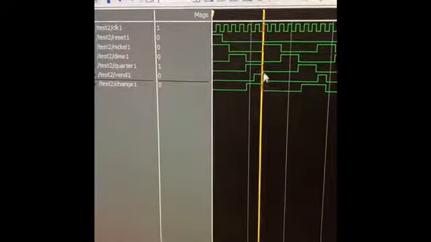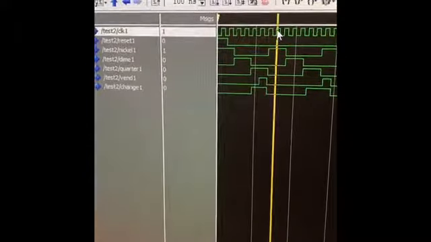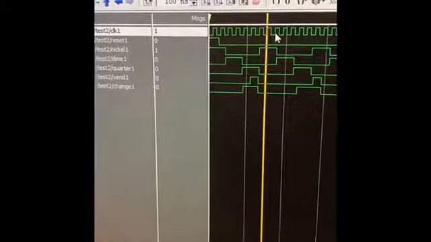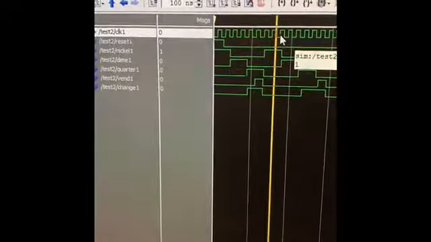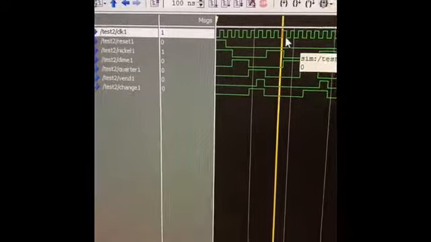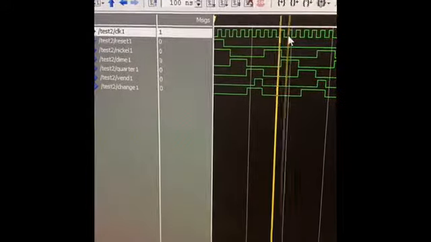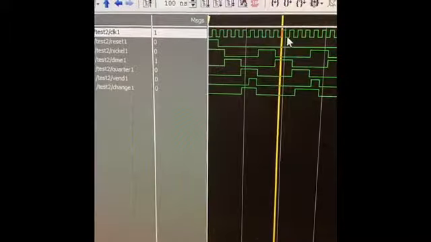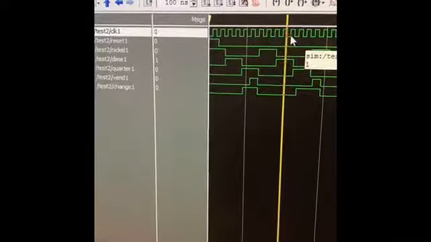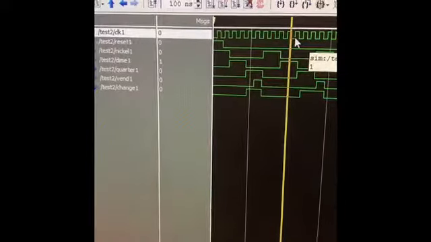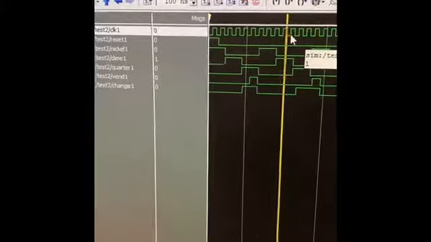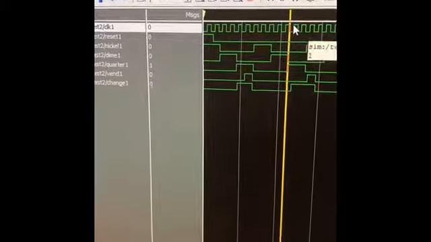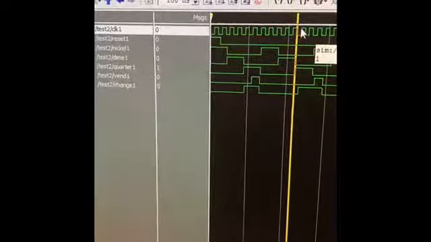So if we try it again, on our next positive edge trigger, we have a nickel, which is 5 cents. And then on the next one, we have another nickel. So that's 10 cents. The next positive edge, we have a dime, that's 20 cents. And the next positive edge trigger, we have another dime, that's 30 cents. And then on the last one, we have a quarter, which is